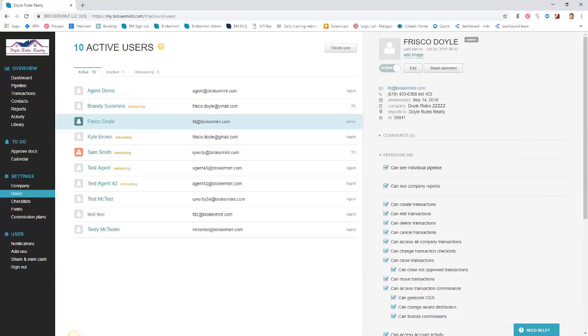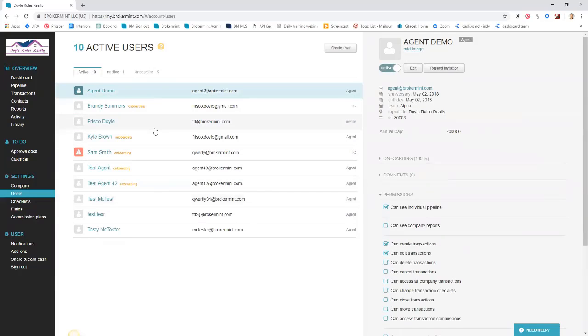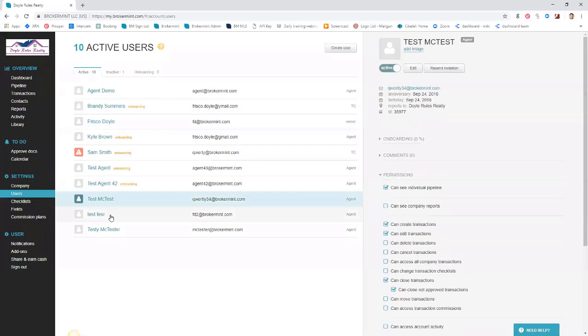So we've gone through how to create this new person and throw them in. Now let's talk about what happens if I have an existing user and I need to put them in onboarding. Maybe it's a termination onboarding, maybe it's a transfer, maybe they're just missing important paperwork that I still need from them. So in this case, let's take agent demo, for example. Nope, not that one. Let's see, Brandy. Okay, here we go. Test, big test. I'm very unique with my names, guys. So now that we've got this agent that's been with us for a little while, all we need to do